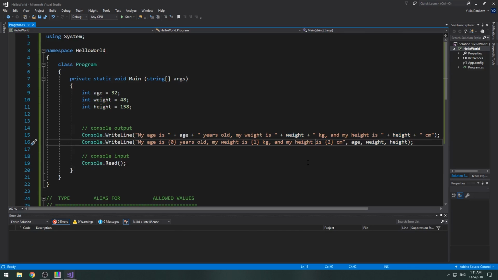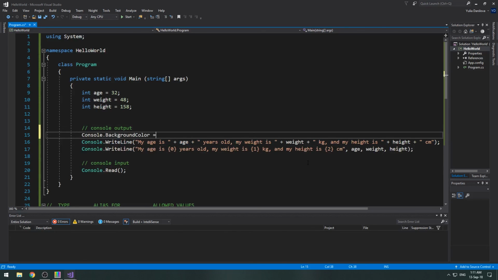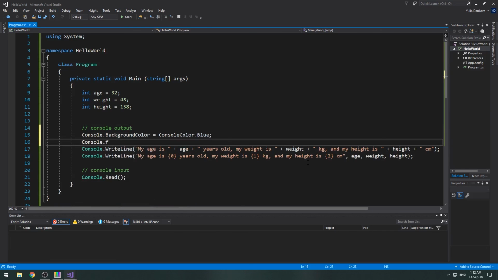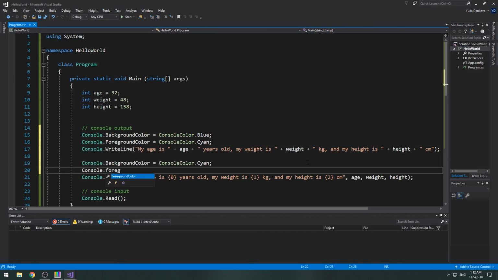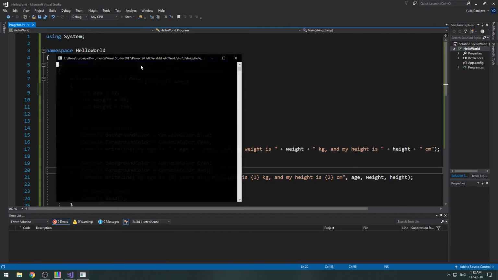To conclude this lesson, for those that want to play a bit more with the console and want to customize the way they display stuff on the screen, there are some interesting ways of accomplishing this. For instance, we can set a background and foreground color for the text we want to display and many other things.